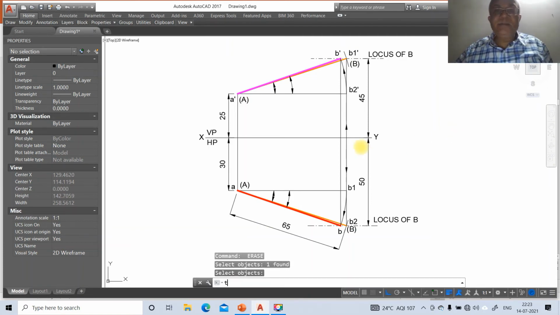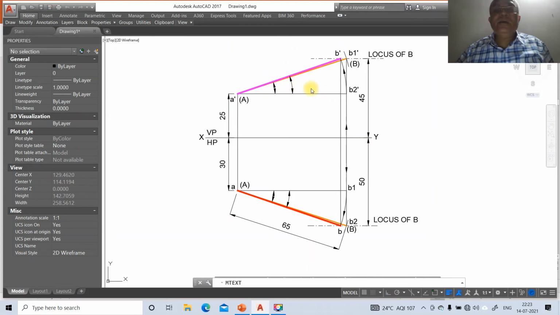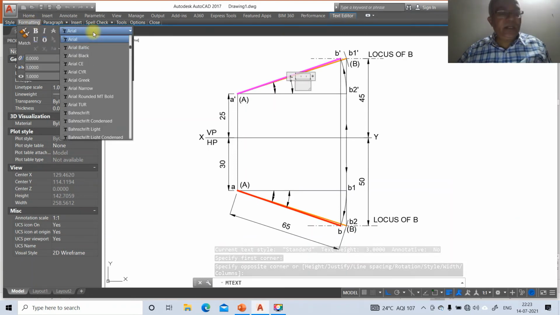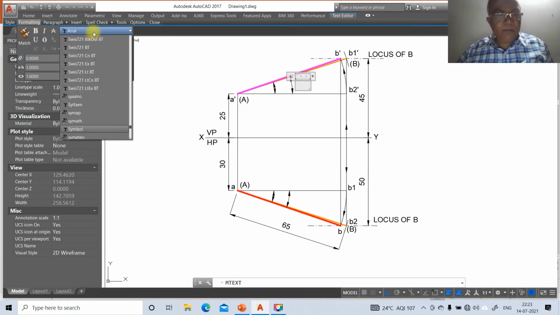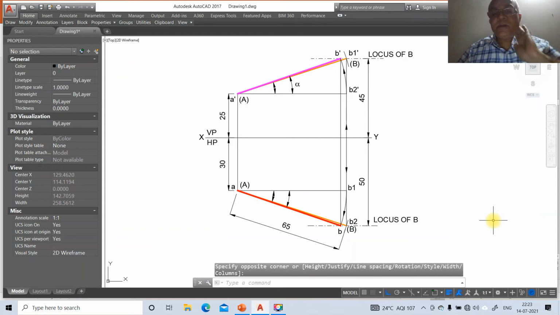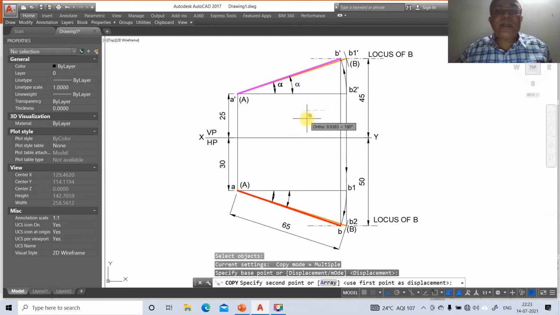And go to mtext, MT. So here you take this. So here formatting, go to Arial, go to symbol. So type alpha, enter. So then go to copy, select this and you copy it here.